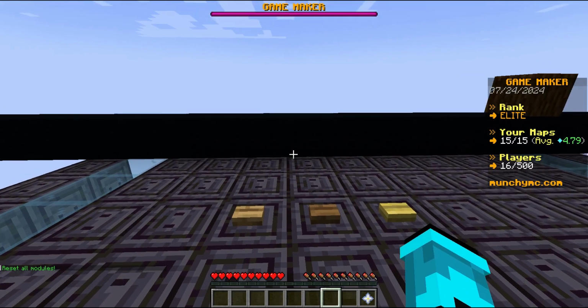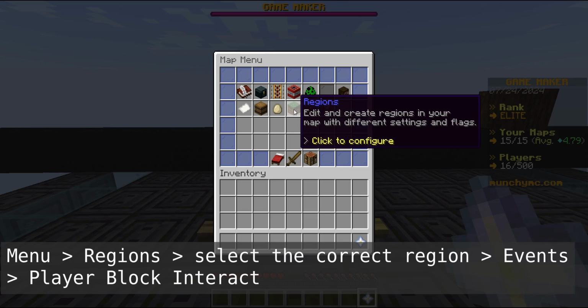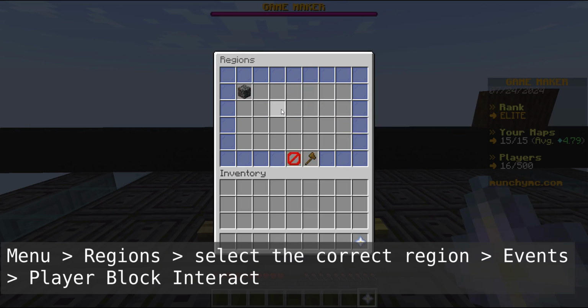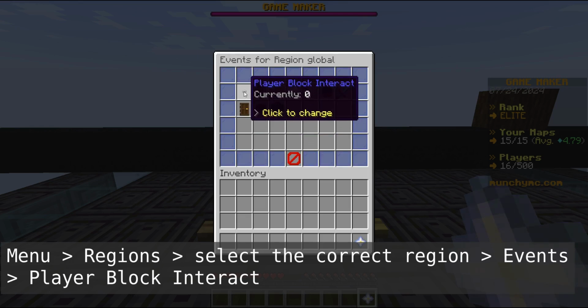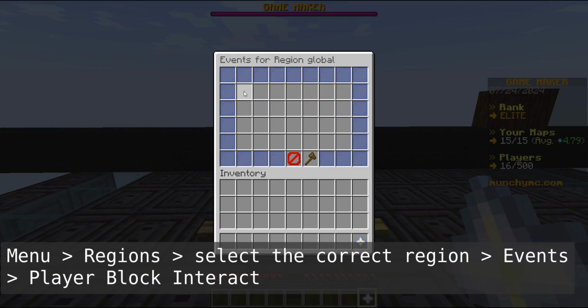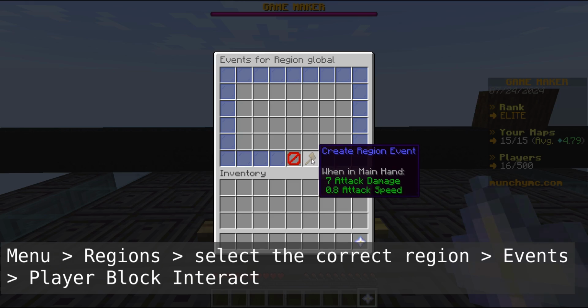Go into your menu and click regions. Right now I only have one region that is global, but if you have more, make sure to know where your button is located in your map. So let's select the region, click events, and then player block interact. Click create region event,